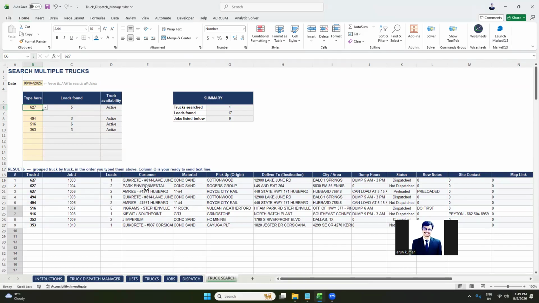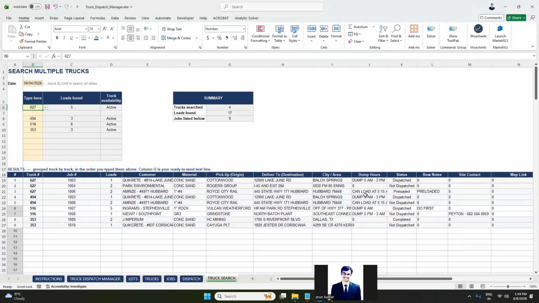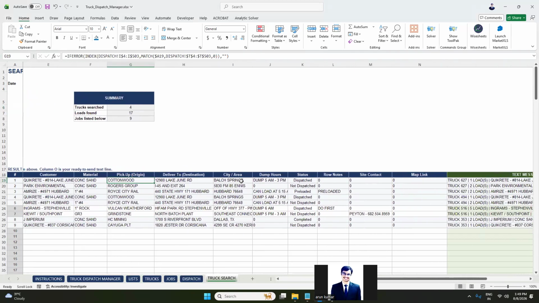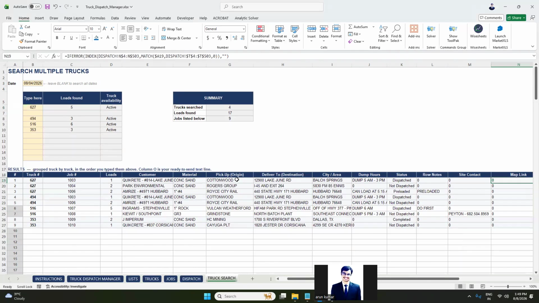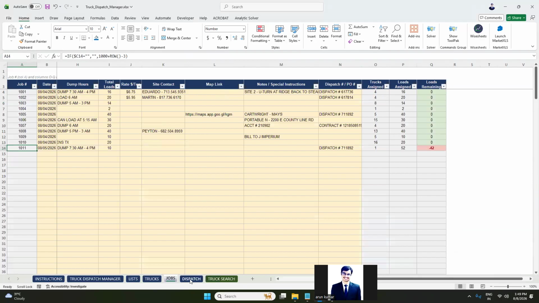And all the information associated with that truck, we are getting with regard to dispatch, the dump hours, the materials used, pickup location, map links, then the text message. So this is the truck search. Then we discussed the jobs, dispatch,